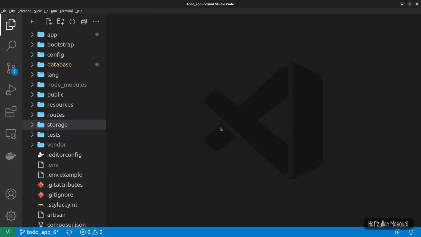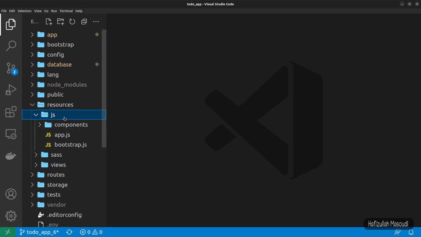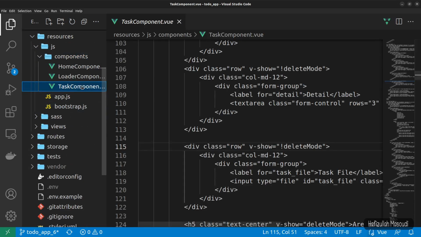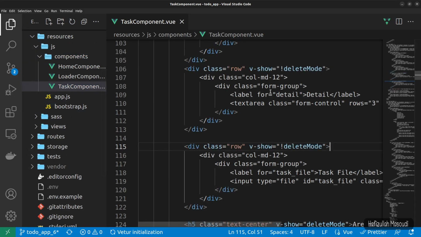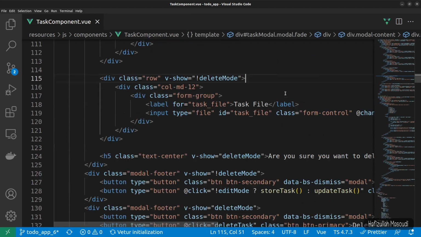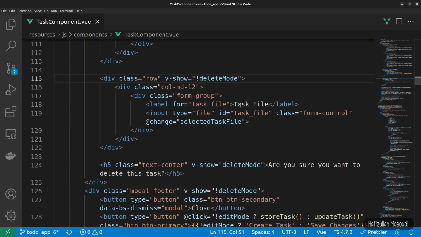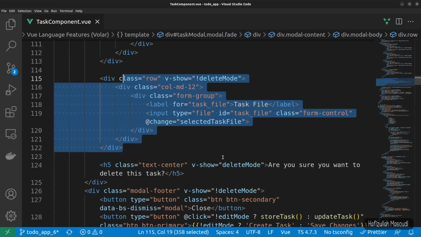Now next up we have to create the input field for our other file. So for that we have to go to the task component. So let's go to resources, JS, components, and task component. Let me close the sidebar, and in here you can see this is the task file field, and we want to create the same input field for our other file also. So what we can do is duplicate this one,